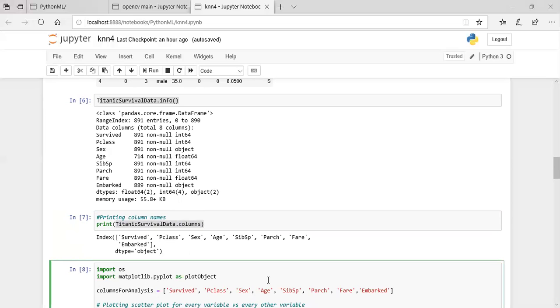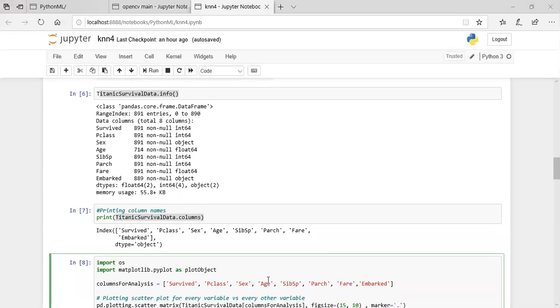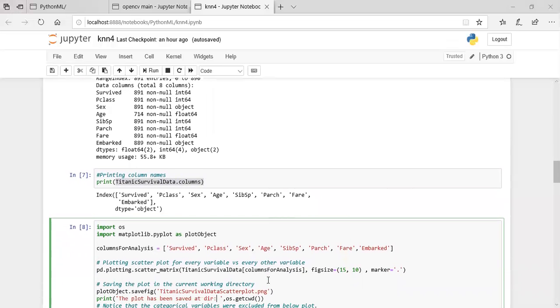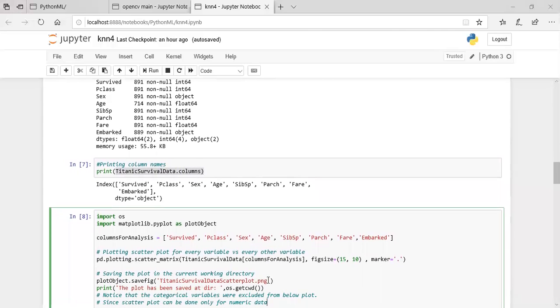Another next command is import os, import matplotlib.pyplot as plt. We create it as a plot object instead of matplotlib. For column analysis, we pass the column names shown overhead: survived, passenger class, age, SibSp, parch, fare, embarked. pd.plotting.scatter_matrix, passing the data name.